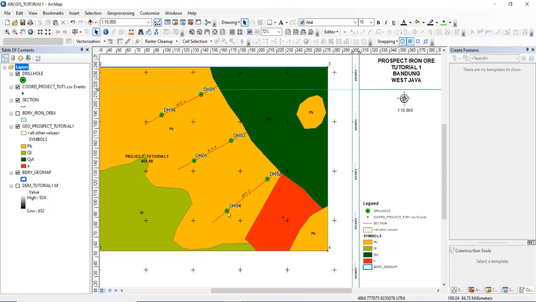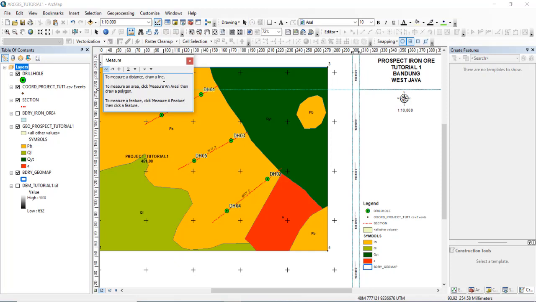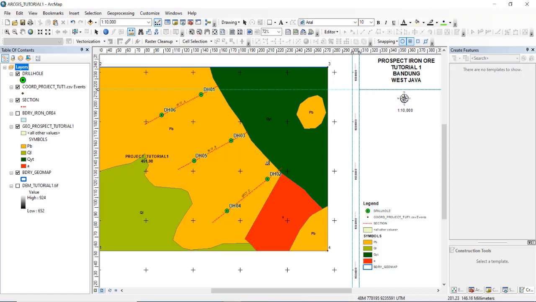The resource is maybe hypothetical resource, far from measured, and so on, because the distance between data points is about 569 meters, random data. Okay, no problem. It's just to learn and train about geology modeling and resource estimation for beginners.